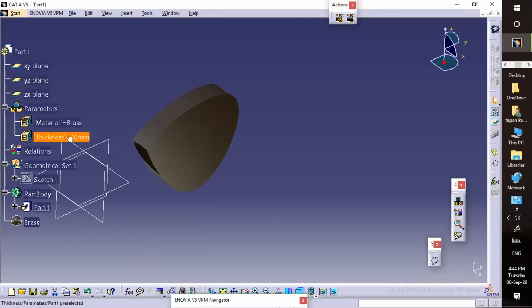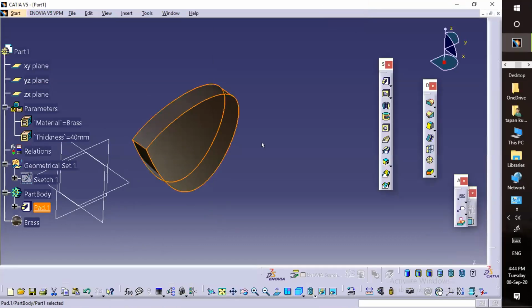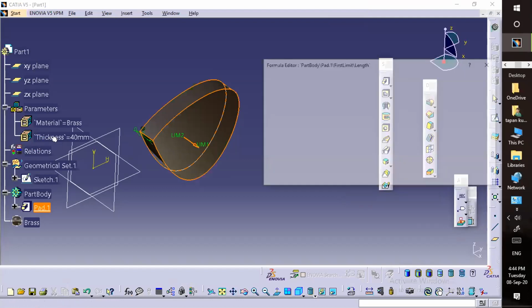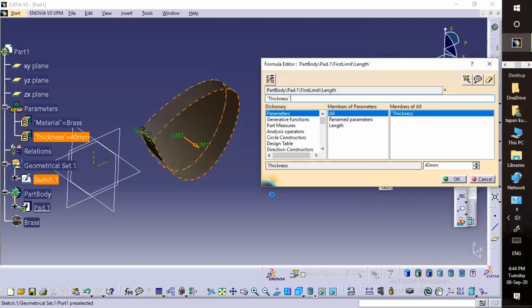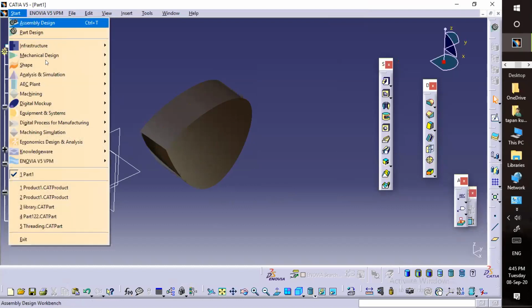So the thickness is also ready. Now I'll double click on this parameter. That's the reason it is not coming, I'm sure now. So edit formula. Now select the thickness. No need to select from here. Now we will directly select the thickness from here.